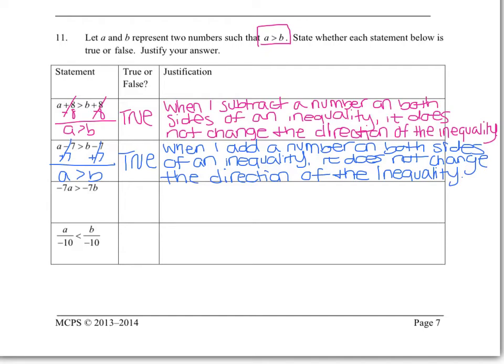All right, with the next one, negative 7A is greater than negative 7B. I'm going to divide both sides by negative 7 so that I can get A and B by themselves. But when I multiply or divide by a negative number, the sign switches, and so then A is less than B, which means that this is false. Now our reasoning why is that when I divide a number on both sides of an inequality, and that number is negative, the direction of the inequality must be changed. So let's write this. When I divide by a negative number,